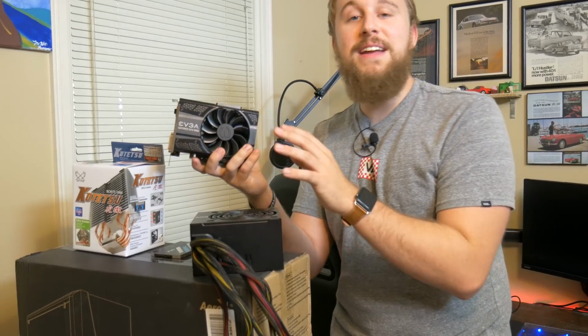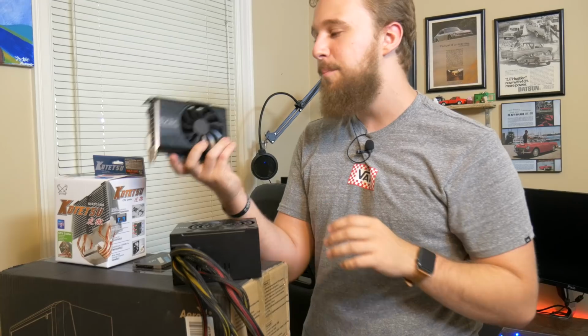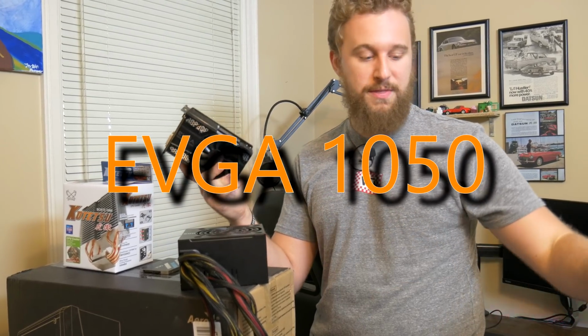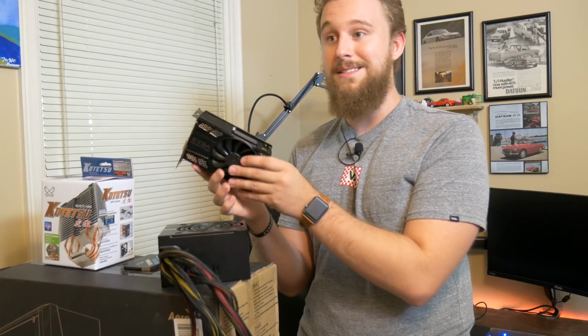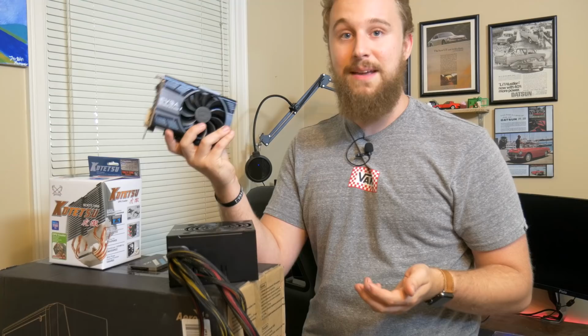Now the graphics card is a very interesting story. We started a deal hunting page over on Twitter called Toasty Deals, and we found this on EVGA B stock for $90. $90 for a 1050 is actually really good, and this slots in perfectly with a $300 budget PC because it's not too expensive and delivers a lot of performance, and it's manufactured and refurbished by EVGA, so it's